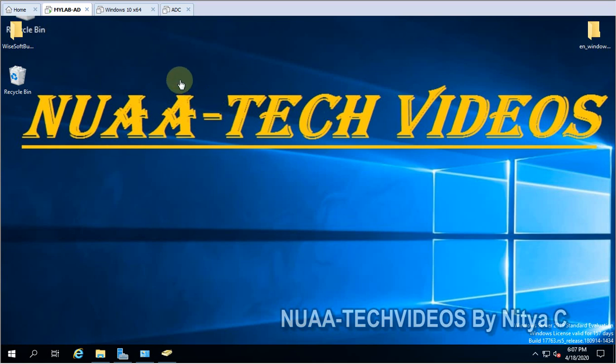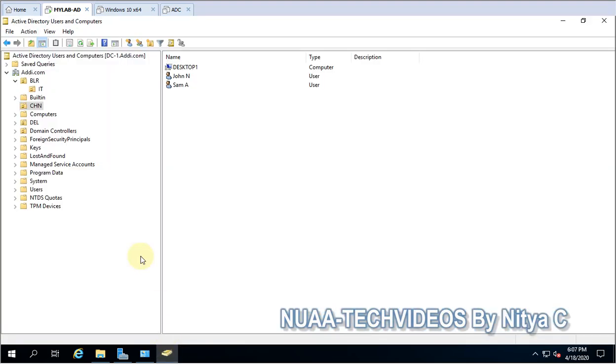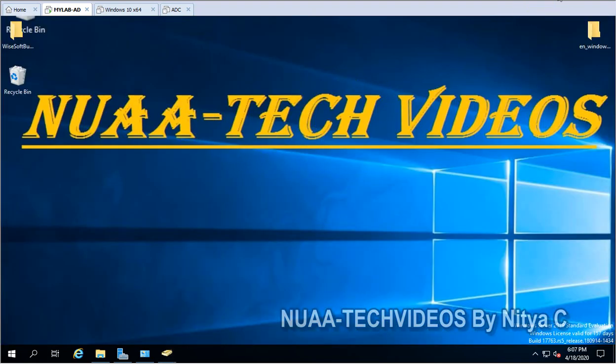I'll show you how we can manage the users. So let me show you my Active Directory. This is my Active Directory, adi.com. This is my domain, and here you can see I have some users. Since this is my test infra, if you are testing on production, it is mandatory to test it and post the test result, and only then go ahead and use this tool. But I have personally used this tool many times, and for years I have been using the same tool.